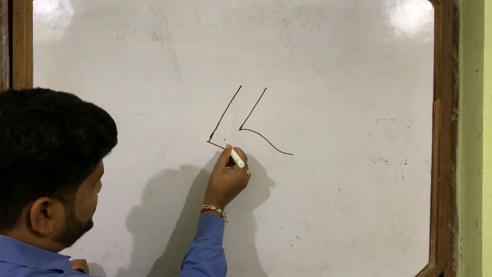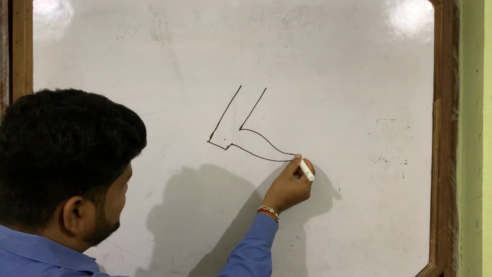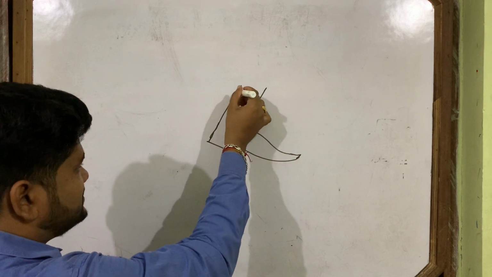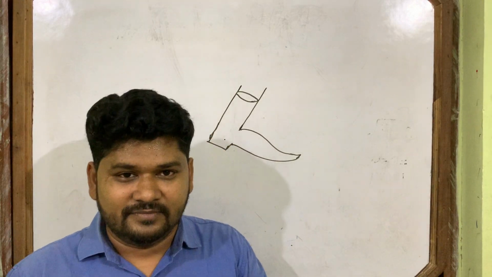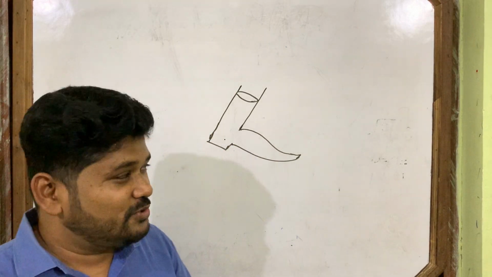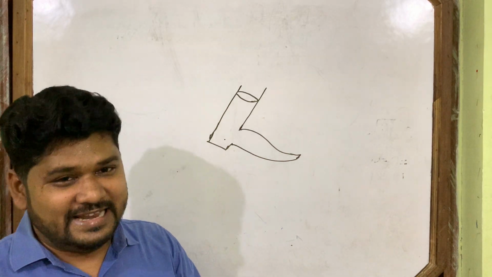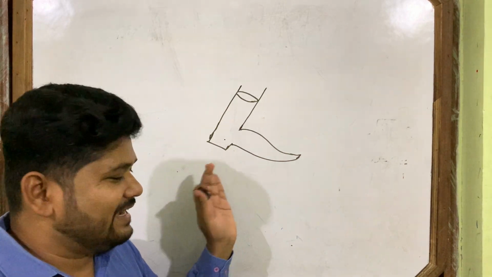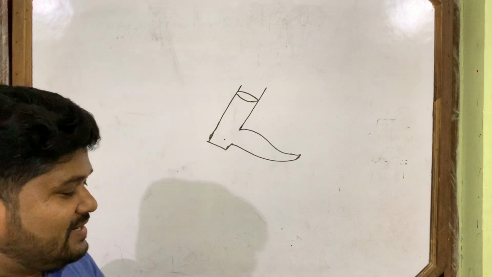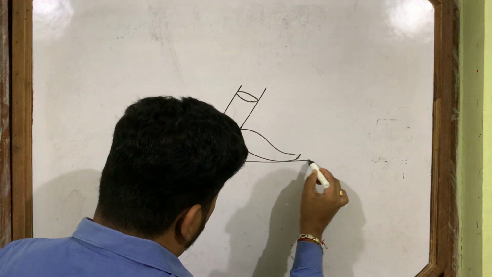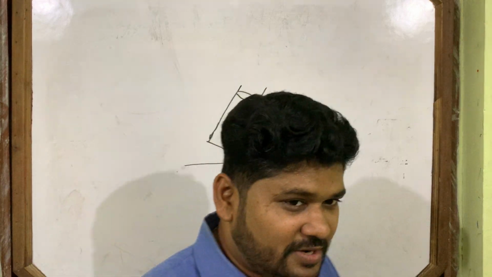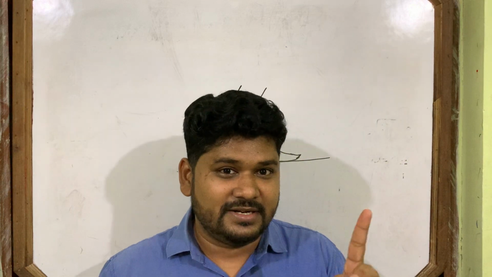Now you mark this figure. Though I am not good in art, you mark this figure. What is this? It's your leg. So when you walk on the road, you have not marked how you walk on the road. You just walk, but you have not marked how you walk on the road.